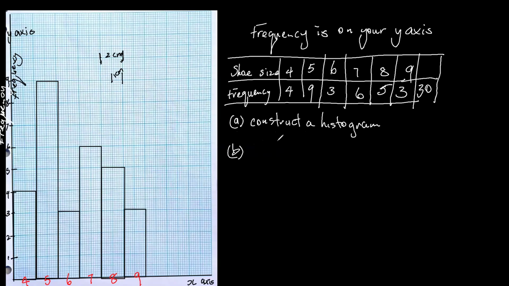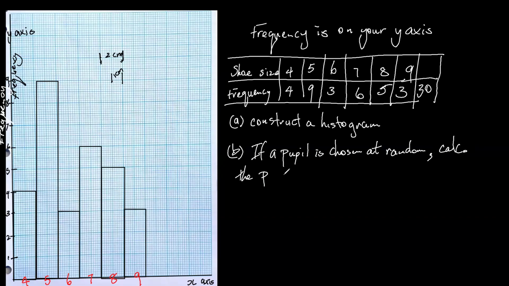Question B: if a pupil is chosen at random, calculate the probability, same thing as relative frequency,